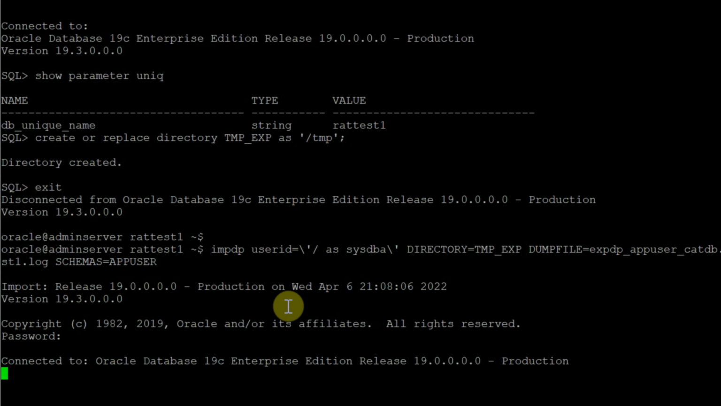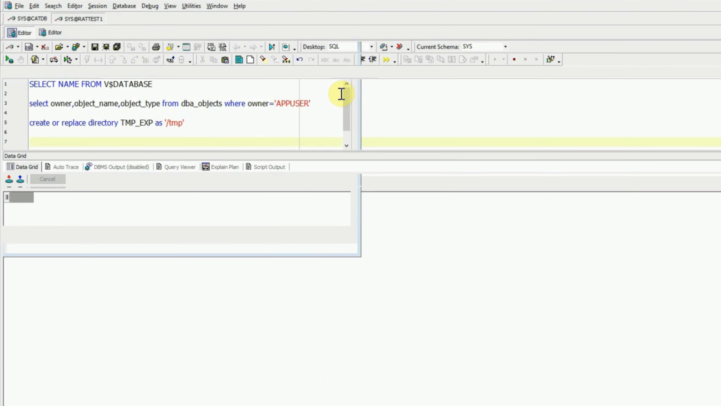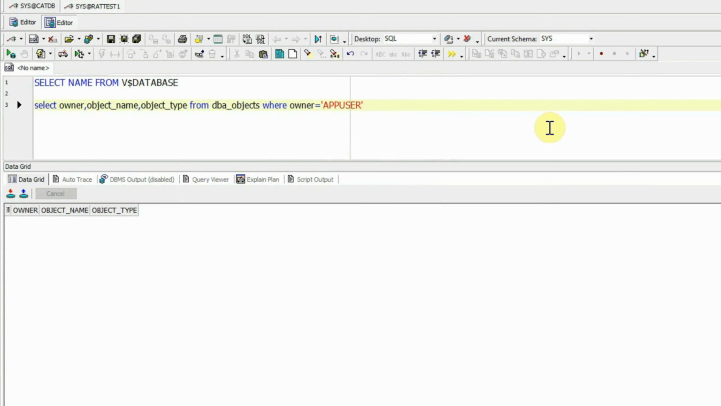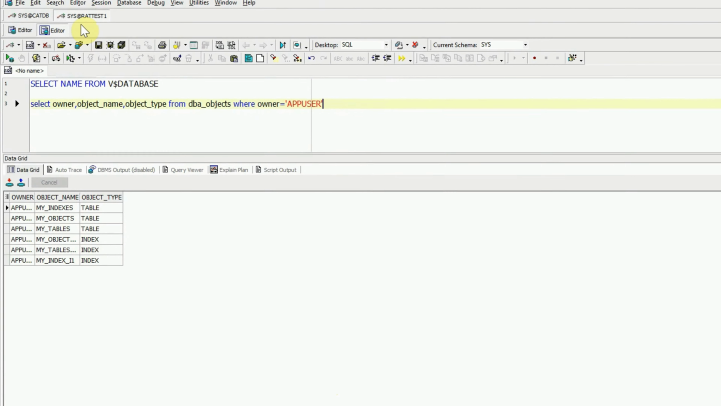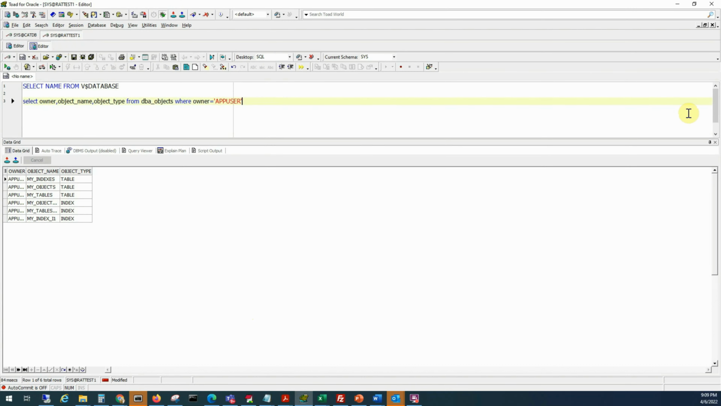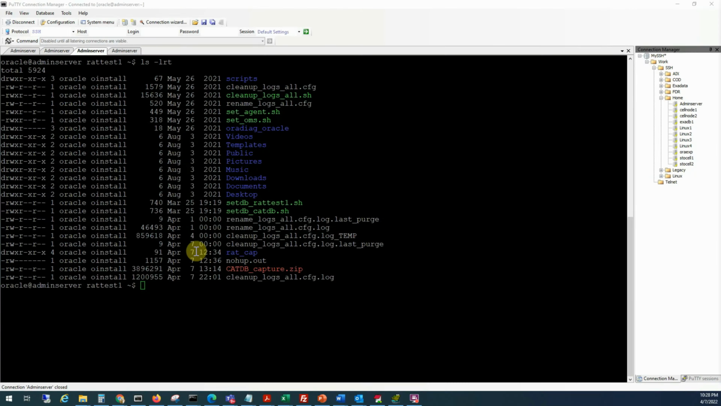Now our import has successfully completed without any errors. So now we can go and validate the structure of the objects in the app user schema in the target database, and we can see that the same indexes and tables are present in the app user schema in the target database. Now let's go back to the Linux prompt where we created a directory named ratcap under